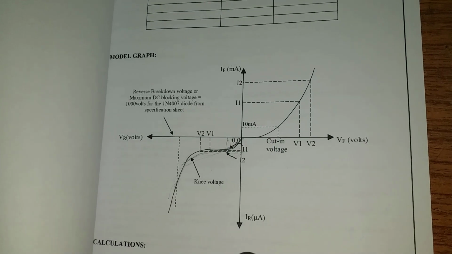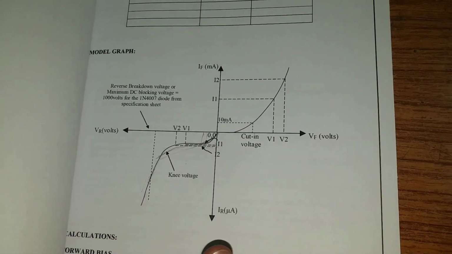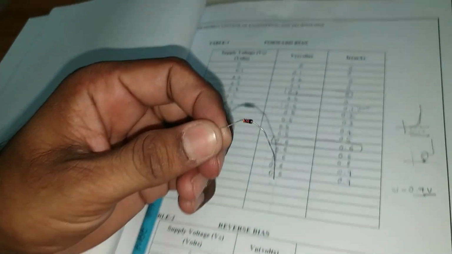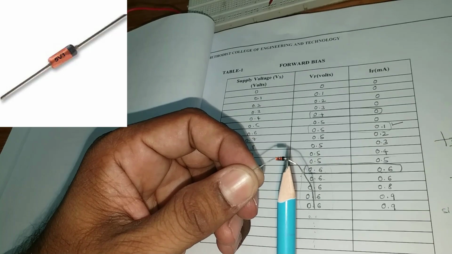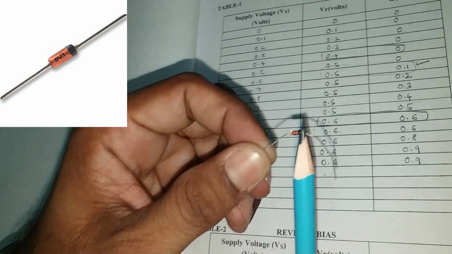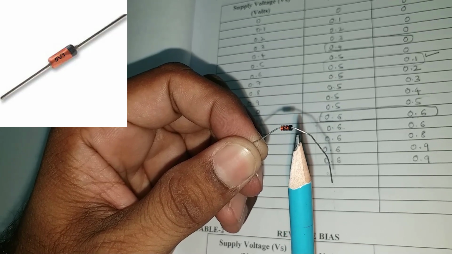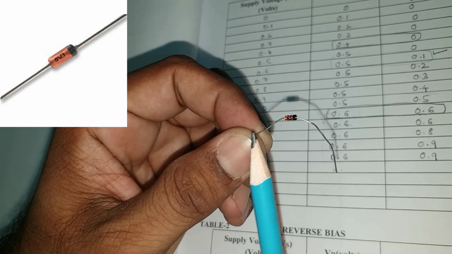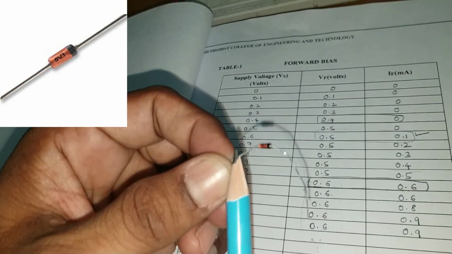The same procedure you can follow for the Zener diode also. With the Zener diode, the main thing to concentrate on is the polarities. Wherever the black coating is, that is the negative side. The Zener diode is basically available in red color. So the black coating side is the negative and the other side is the positive. This polarity is important while doing the connection.